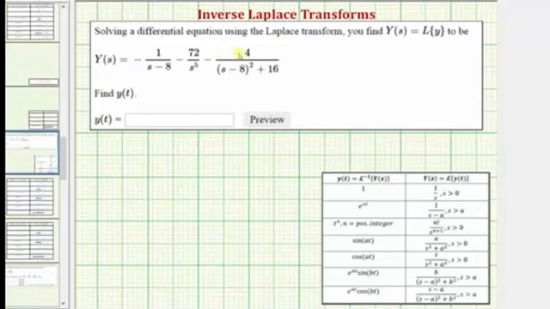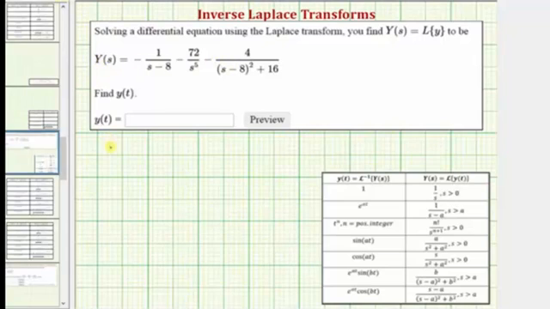Solving a differential equation using the Laplace transform, you find big Y of s, the Laplace transform of y, to be big Y of s. We want to find y of t, which means you want to find the inverse Laplace transform of big Y of s. To do this, our first step is to take the inverse Laplace transform of both sides of this